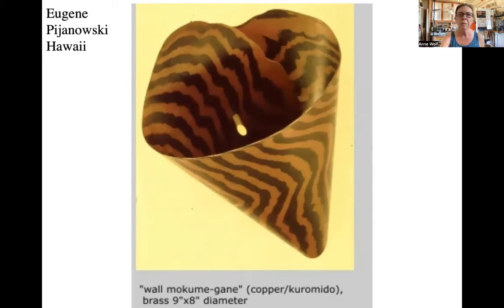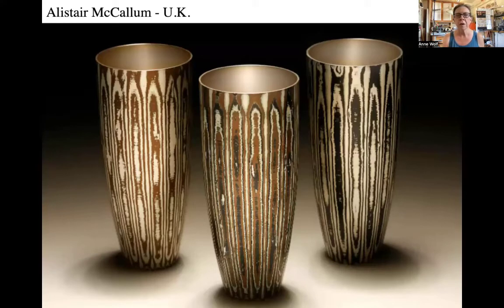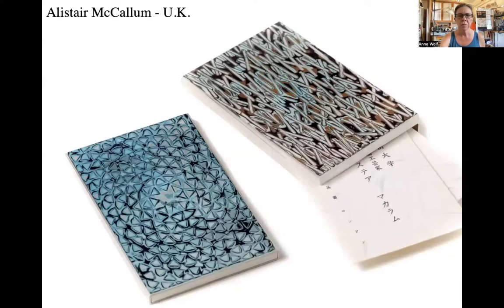And then here are some people that also, I don't actually know the history of Alistair MacCallum and where he learned to do mokume. I would love to meet him and ask him that. But there are a couple of UK artists that are in this generation that I want to mention. So first, these gorgeous little sake cups or flutes that we're looking at here. Beautiful, probably chisel work. And a second slide by him,